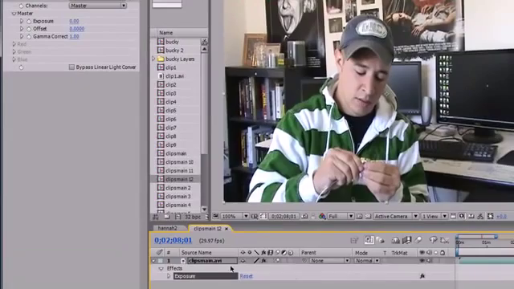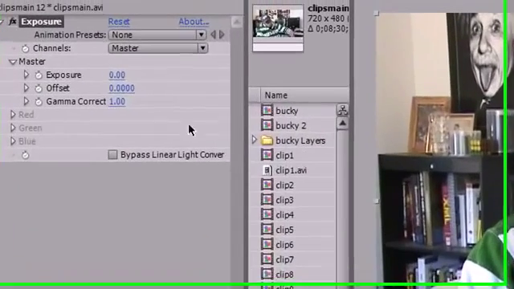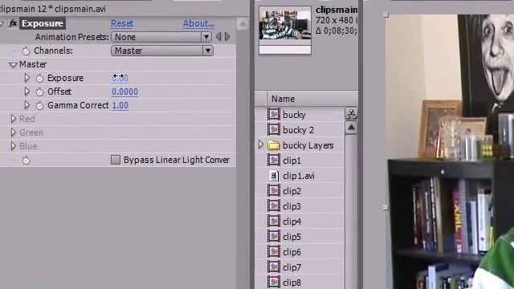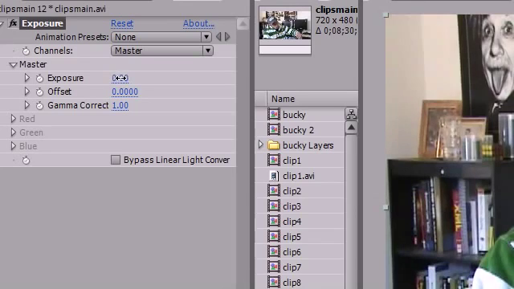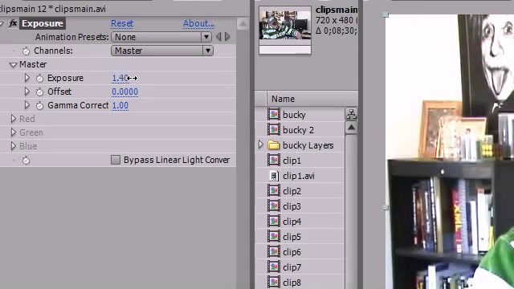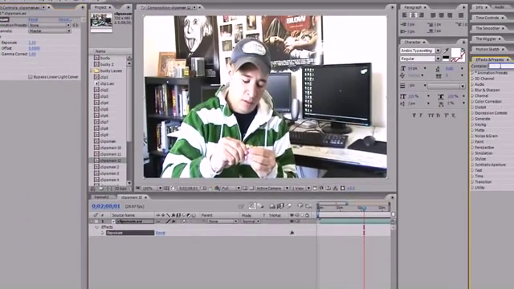So for example, we have the exposure effect applied to this, and exposure has a bunch of different settings. Anytime you want to adjust any of these settings, all of them are in here, and they aren't always scroll bars. Some of them have little graphs, and some of them have different stuff. For example, if you search